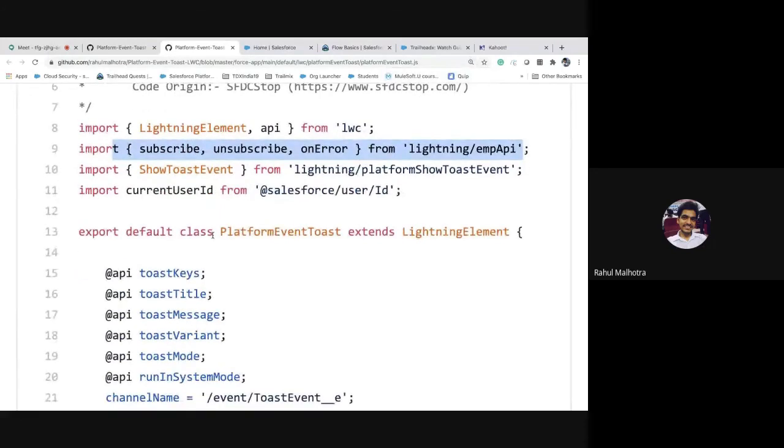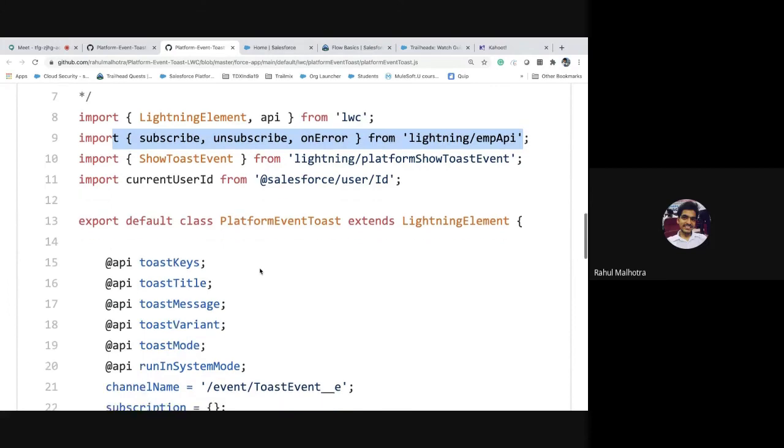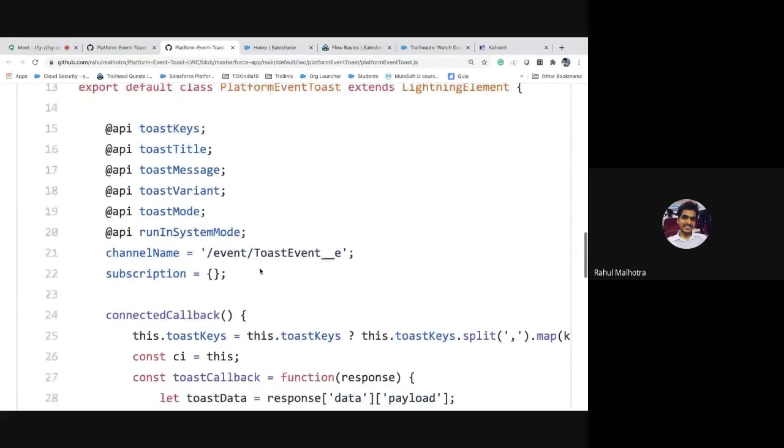Okay, so subscribe, unsubscribe, and onError are basically the methods that are available to us through the Lightning EMP API, and we can use them to deal with platform events, right? So I have just imported them, and Om, if you just move a little below, you'll see the subscribe method that I have called